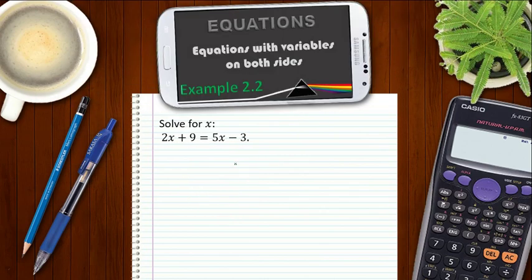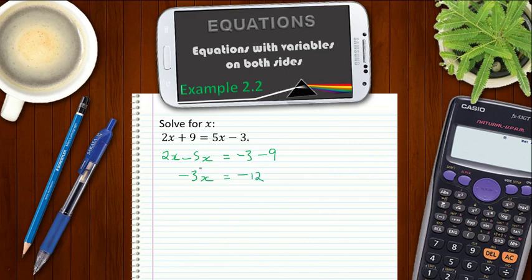Okay, now for this example, I want all my x's on the left-hand side. Over here we already have the 2x, but now 5x comes over and it becomes negative 5x. And then here we have negative 3, and then the 9 goes over to that side and becomes negative 9. Alright, so now 2 minus 5 gives me negative 3x, and then negative 3 minus another 9 gives me negative